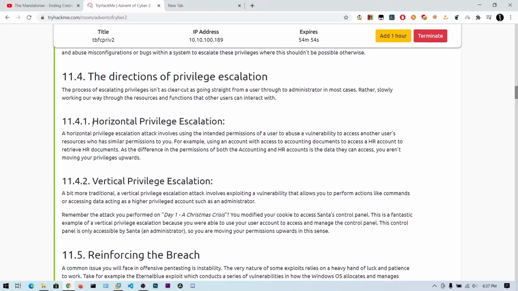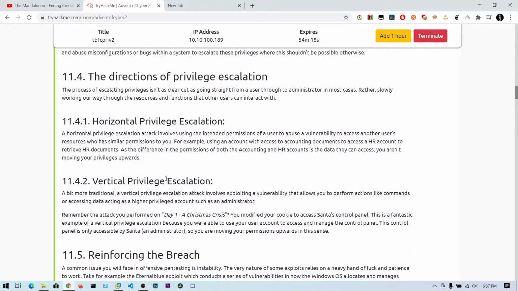In horizontal privilege escalation, you get the privileges of another user with the same privilege level. If there are two users, user 1 and user 2, which have the same access permissions, but the files created by the users are different, you can impersonate another user who has the same privileges as your account but different files. That's why you can get much more information about that user. That is horizontal privilege escalation.